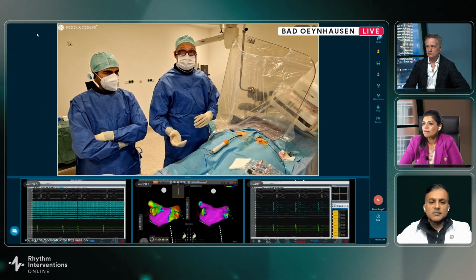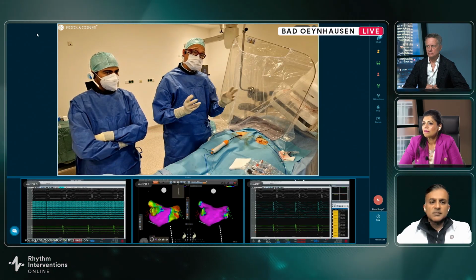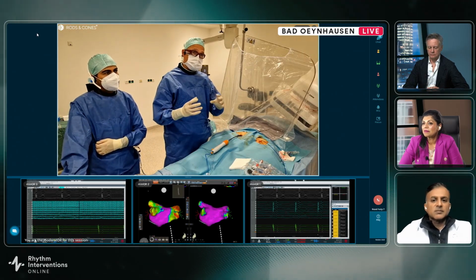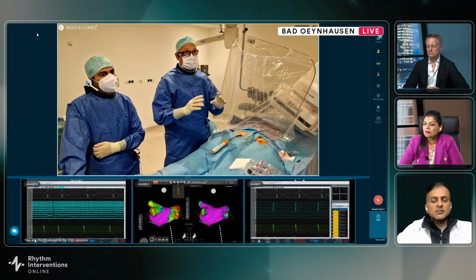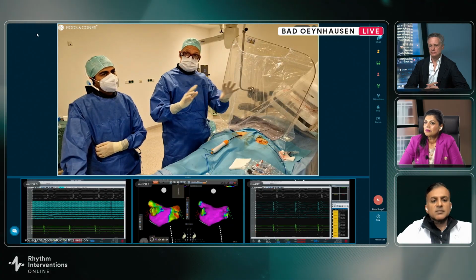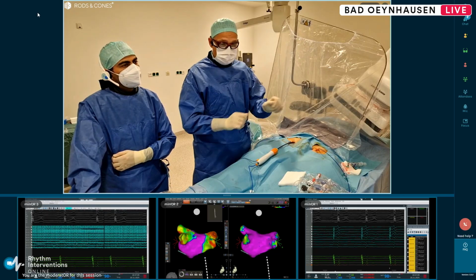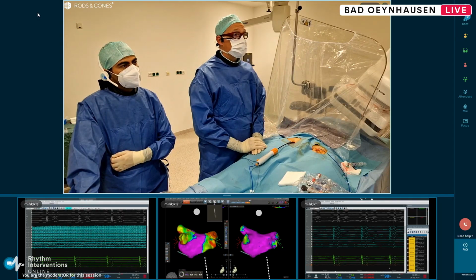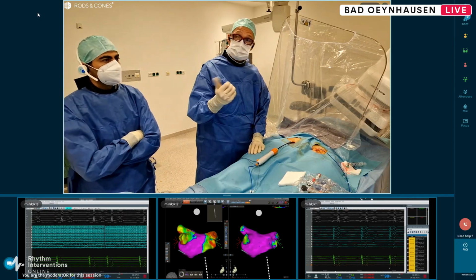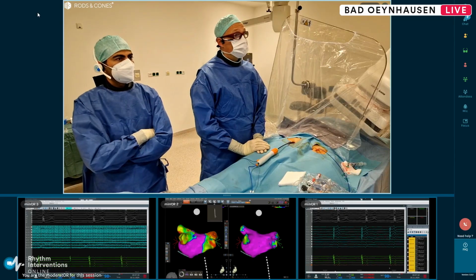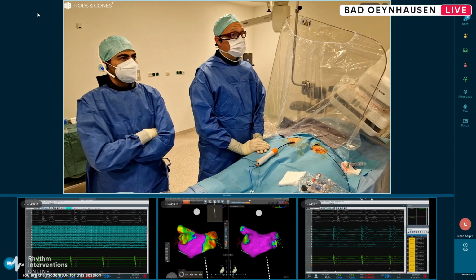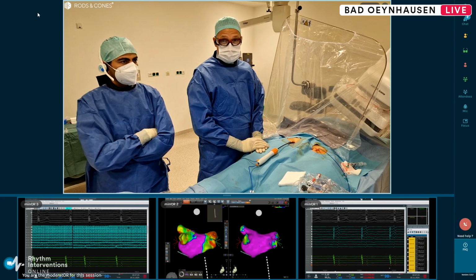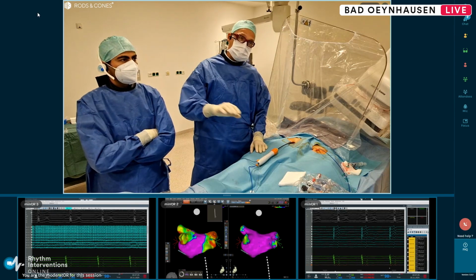We always started with a two-catheter approach. That means we used the Pentaray or Octaray to do reconstruction of the atrium, also from a research point of view to compare anatomy building and so on. And every change of the catheter during the sheath can also make some of these problems. That was also the fact when we started with a Farina catheter. So now it's a single catheter approach, no more changes,